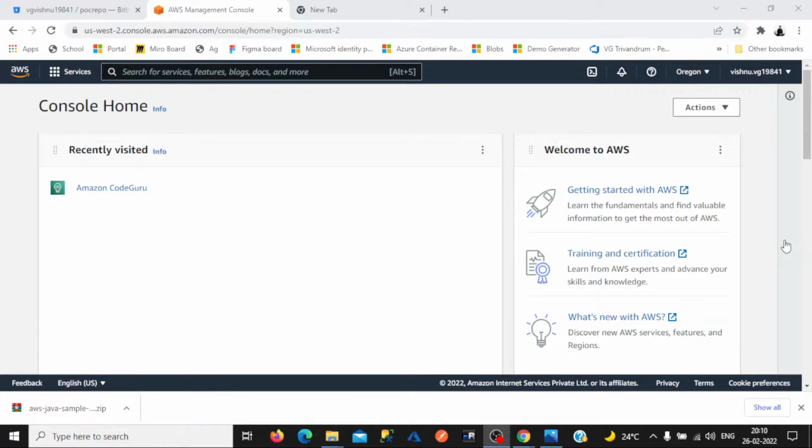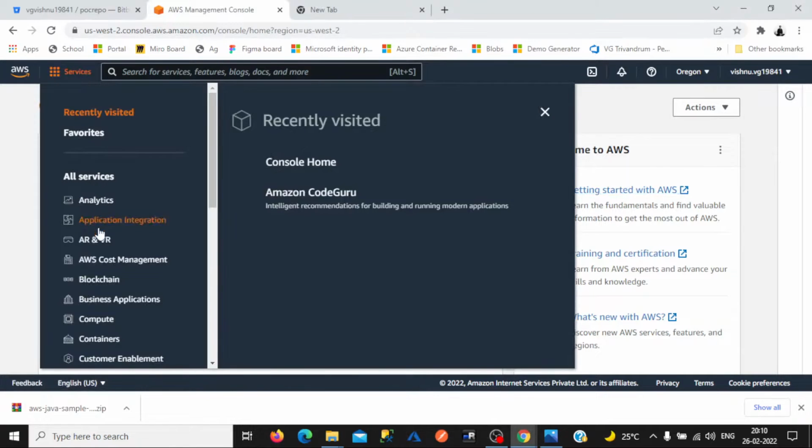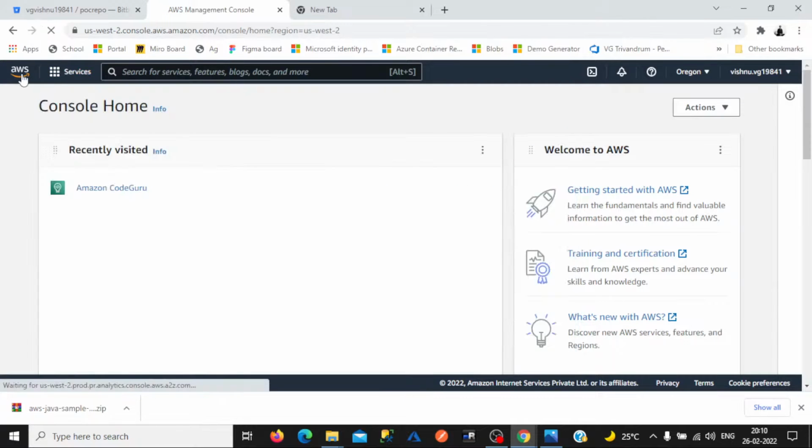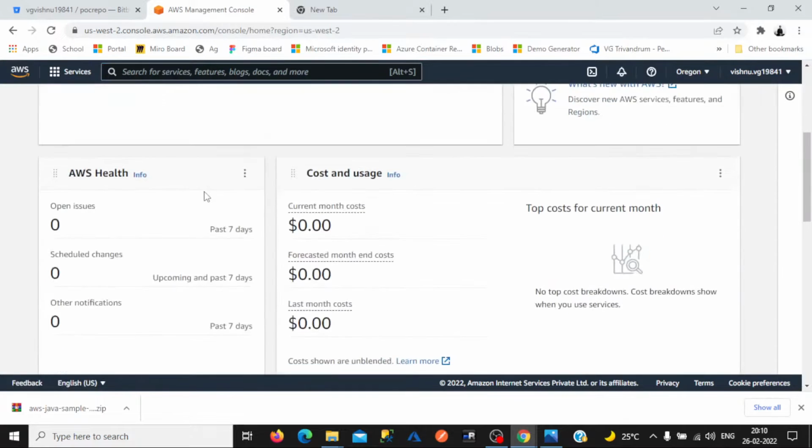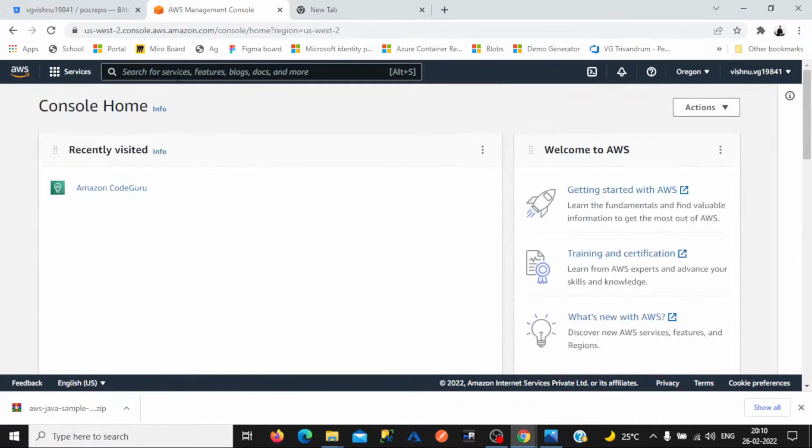Here I can interact, using a user interface from a browser, with the different services inside AWS. There are different services, each catering to the different needs of application development. So they have categorized these into different sections. If you click on services, you can view a list of different categories here. And also if you go to the AWS main page, so if you click here,